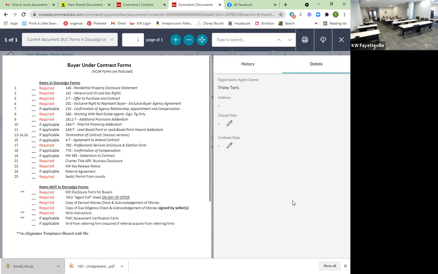Anyway, all right, so obviously everything that's red is a required form. And Asha, to your question, the real estate commission has a certain amount of forms